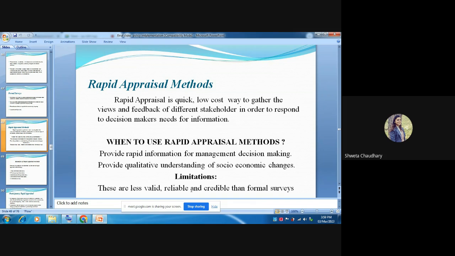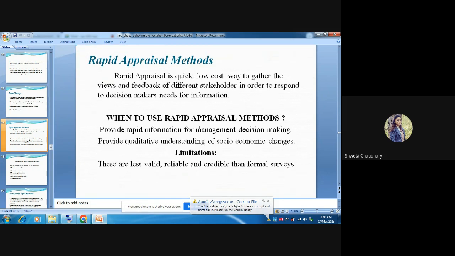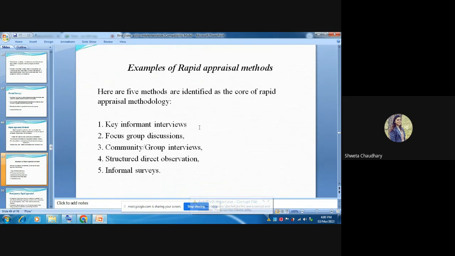Suppose we go to a certain farm, we ask them their income. So farmers don't usually give their income as it is. They are afraid of telling their real income. So we have to ask them how much you have produced, what is the selling price of your production. So we can multiply the produce and their selling price and then get their income, or what else you do besides farming. So we can gather the information and then take out the result. So this is rapid appraisal method, gathering the information and then taking the things out of that.